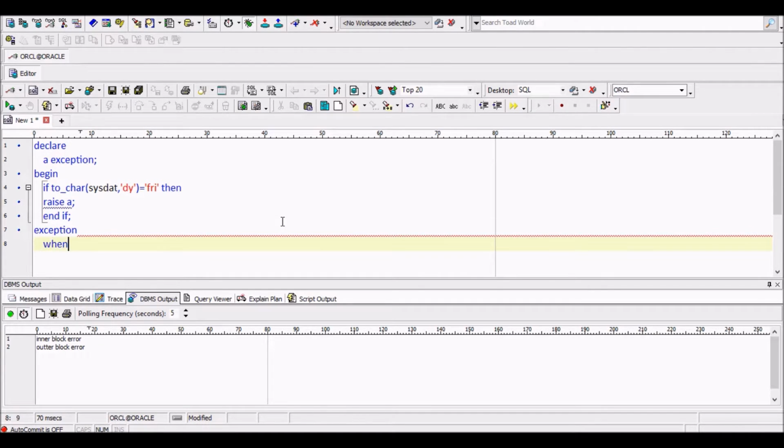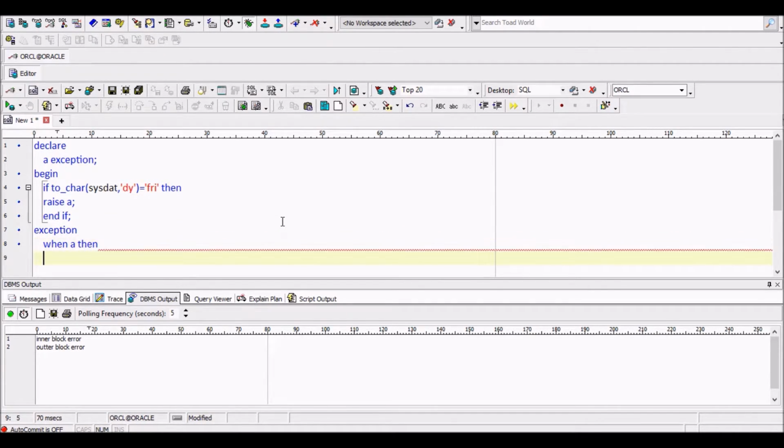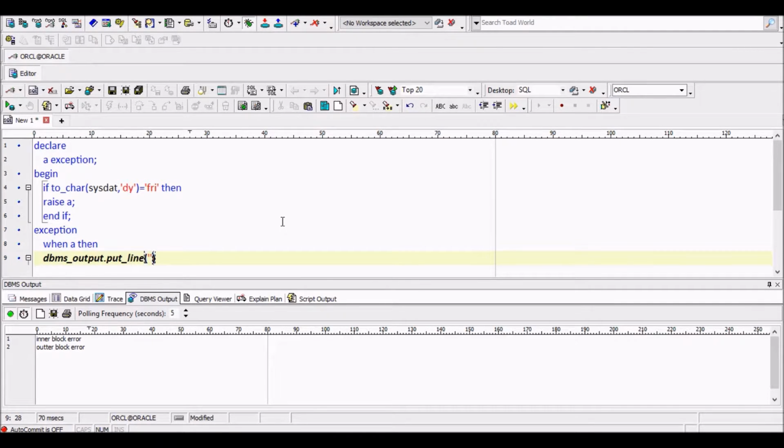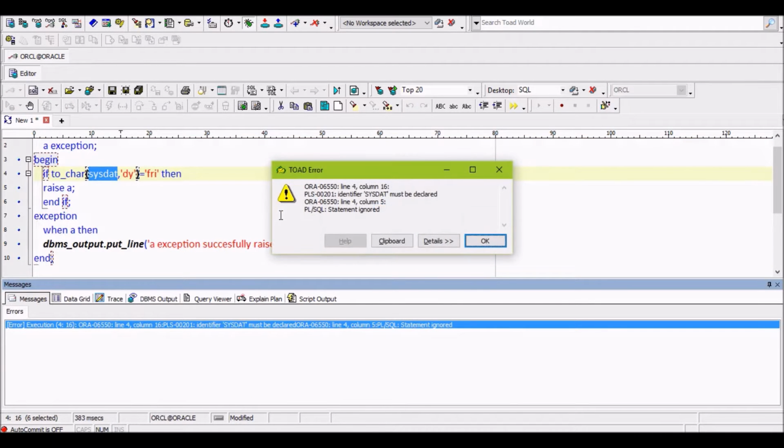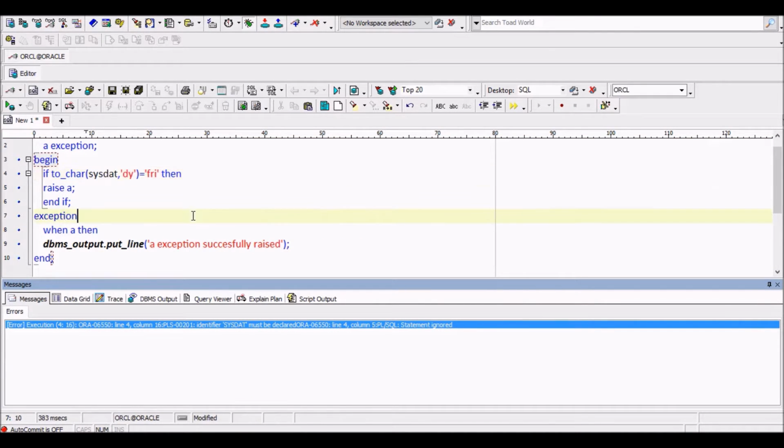When a then dbms_output.put_line 'a exception successfully raised'. So now we want to end it. Now let us see.